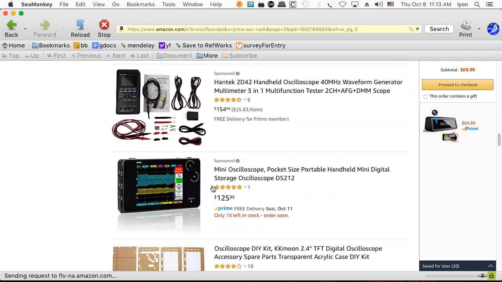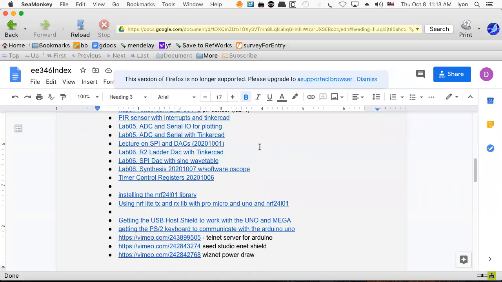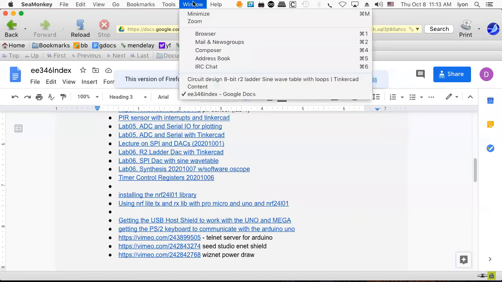And here's a mini scope already assembled, which is probably worth it. $125. Wow. So there it is. Scope shopping. I just think that's amazing. You can get the used scopes also very inexpensively, but these are new. So, I mean, wow. So let's go back to